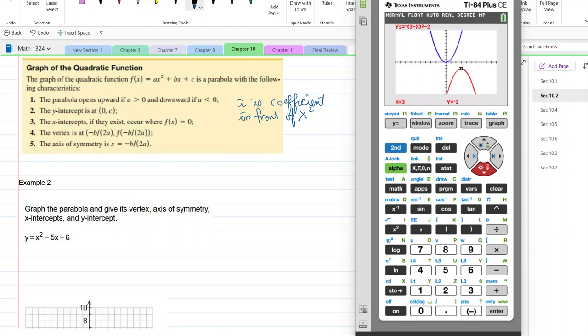And then it's going to tell us the y-intercept is x is 0, and the outcome of the function at x is 0. And the x-intercepts are f of x equals 0. In other words, we say 0 is equal to the quadratic. Because it's a quadratic, we should have two x-intercepts if it is possible. And the vertex, now this one's important because if it is in standard form,